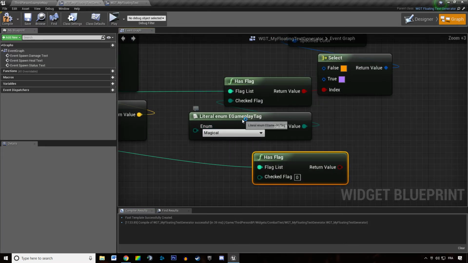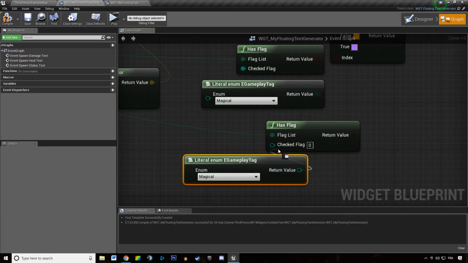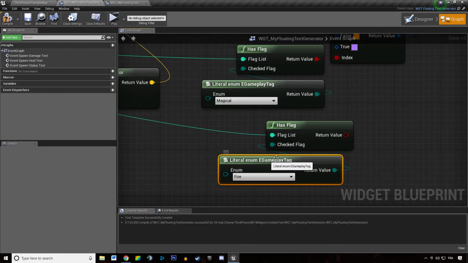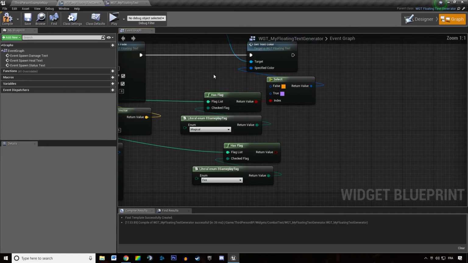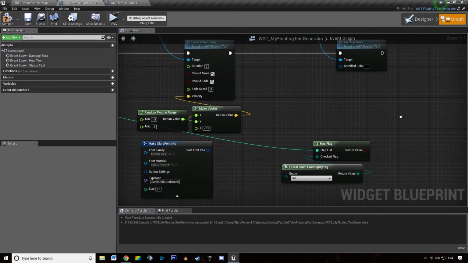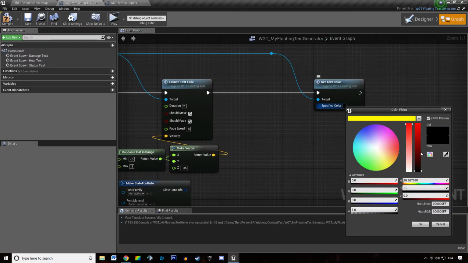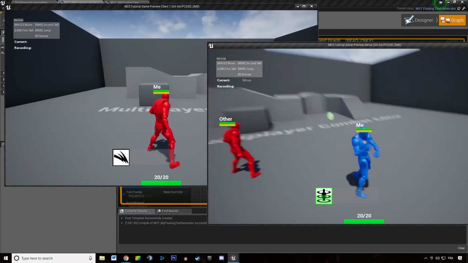Then I can make a literal gameplay tag enum, plug that here, and ask what type of damage I am looking for, for instance, fire. And I can also delete that and specify what color I want at all. So for instance, if I want my combat damage to be blue,